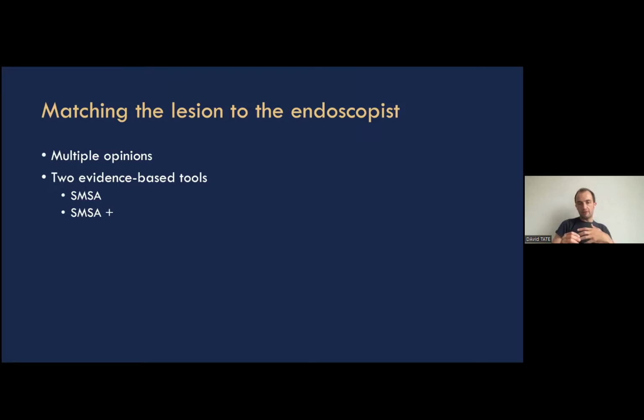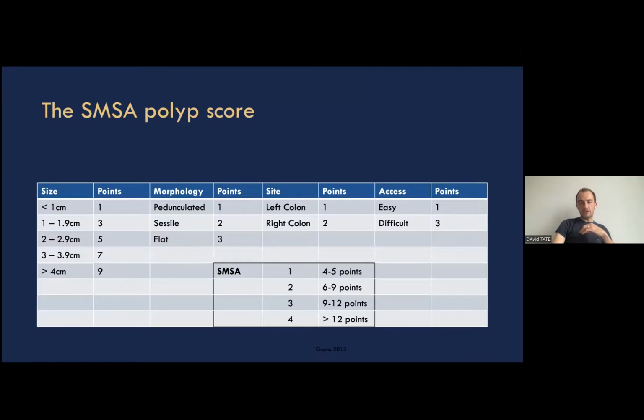For cancer. But the question about the endoscopist is not well covered by what I've just told you. I've just told you a whole load of ways, focused on a demarcated area and some other characteristics of polyps which increase their chances of cancer, to decide whether a polyp has cancer. But I haven't told you how to decide whether to do a polypectomy based upon your competency or the perceived difficulty of the polypectomy. So there are two tools which can be used to somewhat objectively assess how difficult a polyp will be to remove.